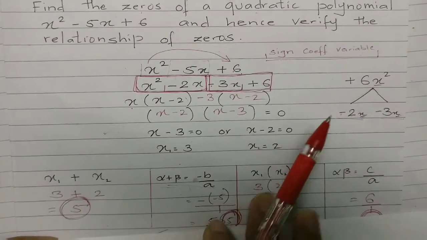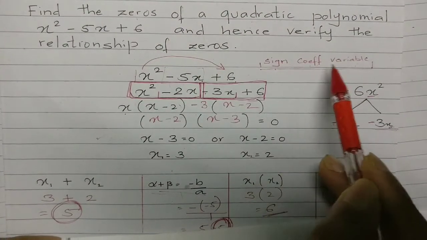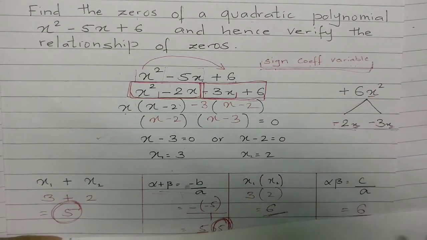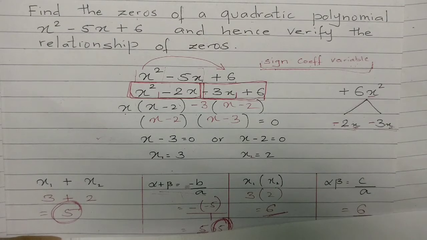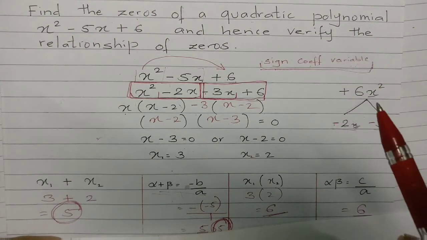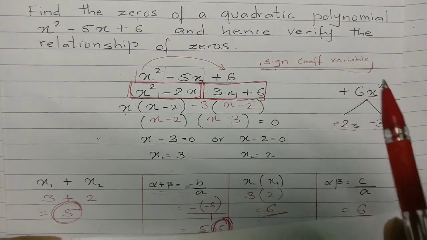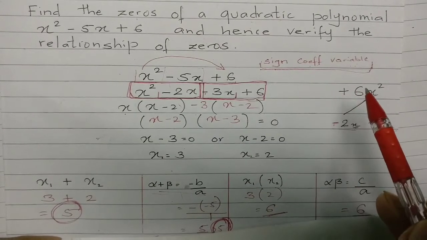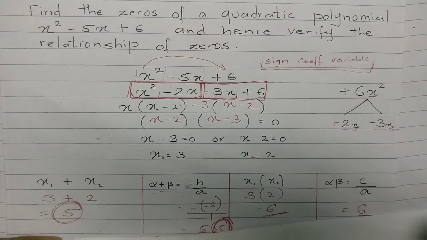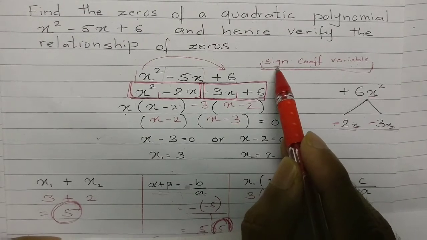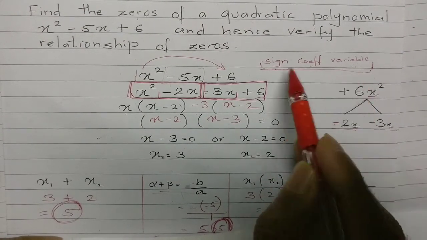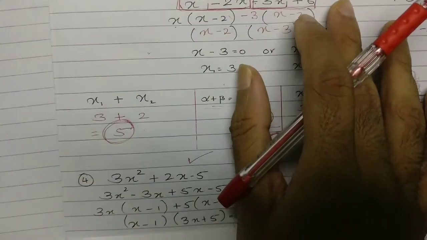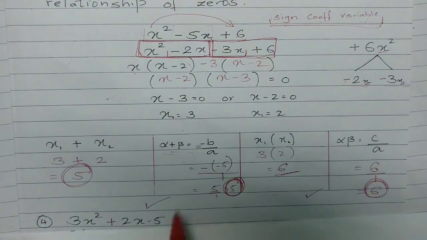Keep in mind this: sign, coefficient, variable. If you remember this part, trust me, you will not make mistakes in the problems. Because most of the time, in polynomials, the only problem comes when you miss out signs, you miss out variables, you tend to add, multiply, any random thing. But I will handle that part, but you please take care of sign, coefficient, variable. If you do this, you will not make mistakes in the problem. Okay, and once again, try this problem